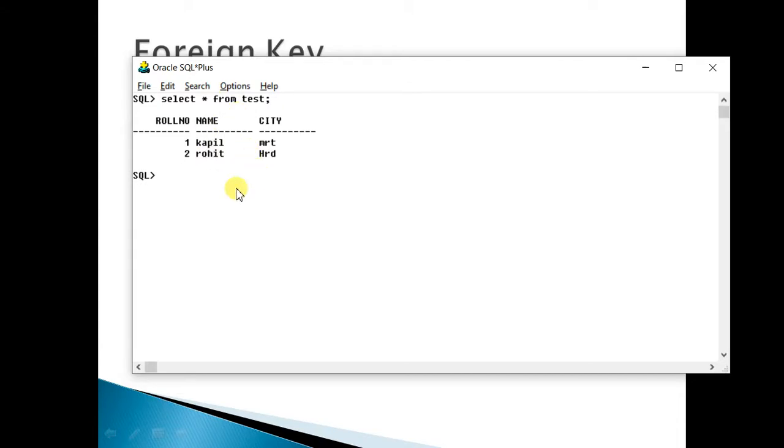Now suppose there is one more table which keeps the record of a sports hobby of a student. So let us create it. Create table sports. Here we take roll number again because we want to keep the roll number of the student, roll number of type number, comma, sports, name of the sport, maybe varchar2, and maybe we can take something like experience in years. How much experience? Now this table is created.